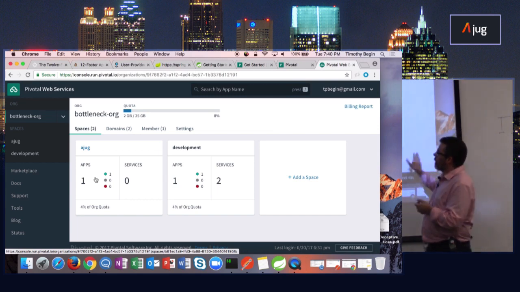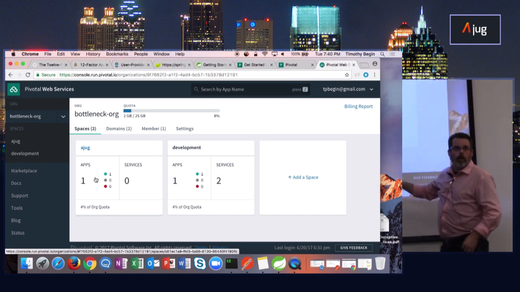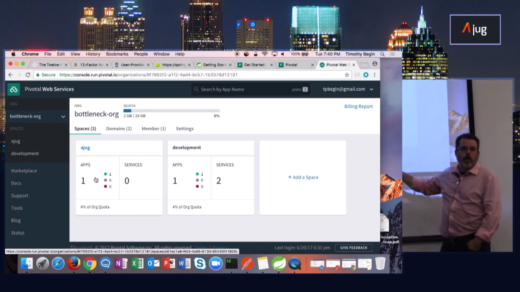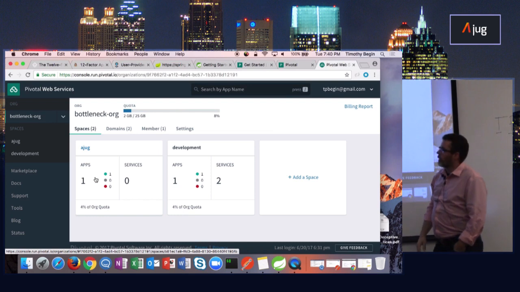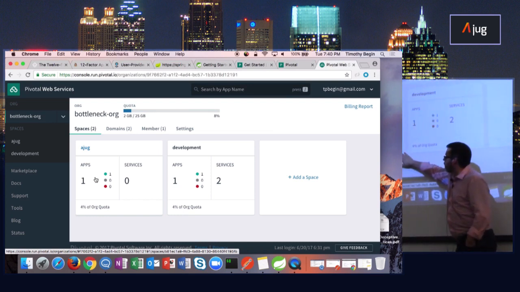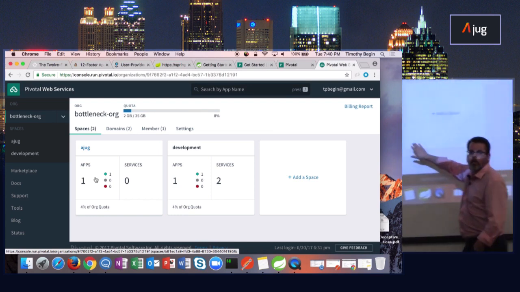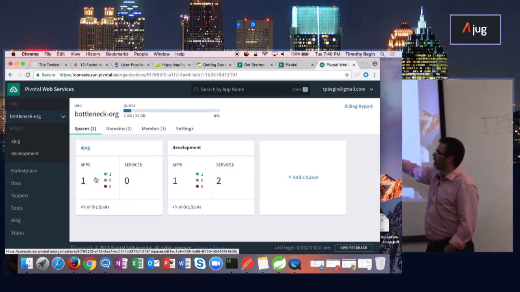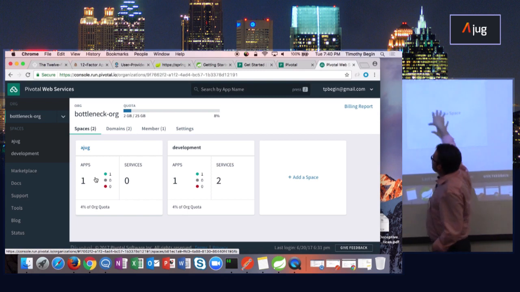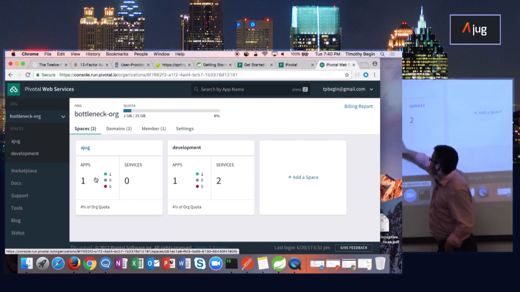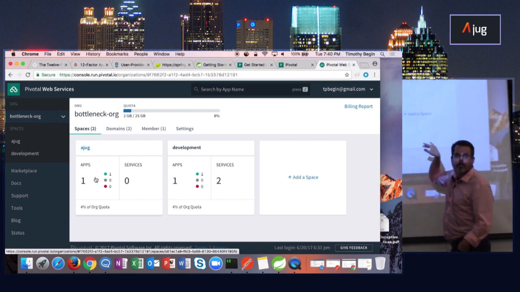Within an organization, this was described by Cade Thacker at Home Depot very eloquently. He says, this is an apartment building. Your spaces would represent different apartments. And then all of the quota that you've got to work within the building gets segmented out to the applications within the different apartments.